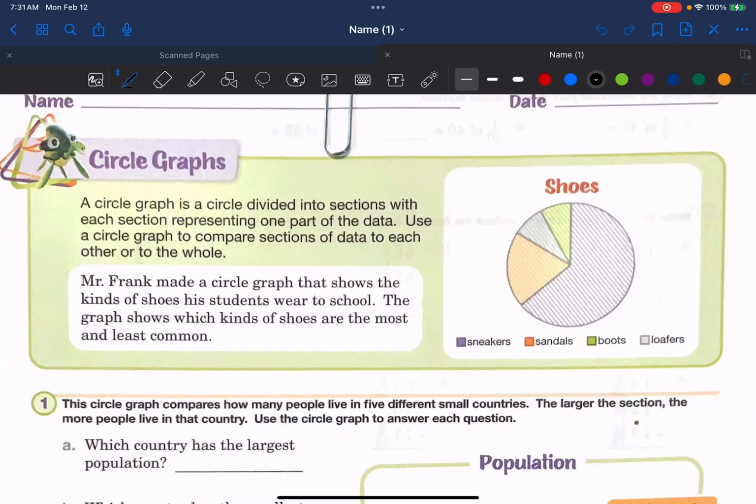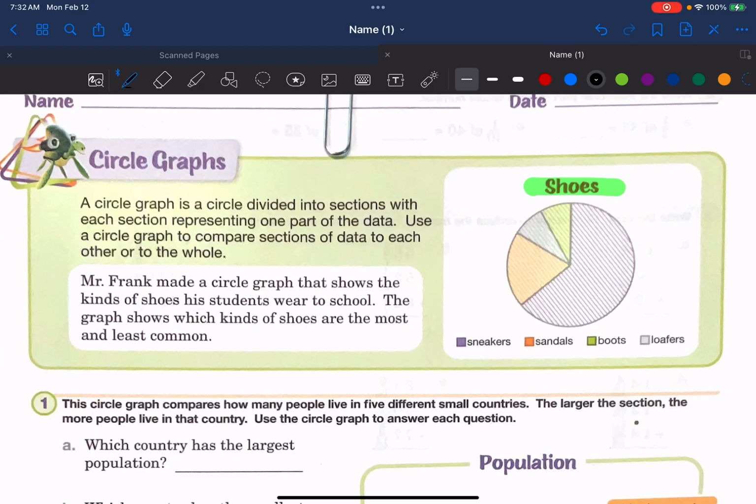And I want you to think about this in terms of fractions. It is a graph, and I want you just to make the connection that fractions are not just fractions. They are a part of a whole for a reason. And so this particular graph has shoes as the title. So the whole would be shoes. And then it's separated into parts of the whole. So it is a circle graph, but you might also think about a circle graph, a graph, more than just